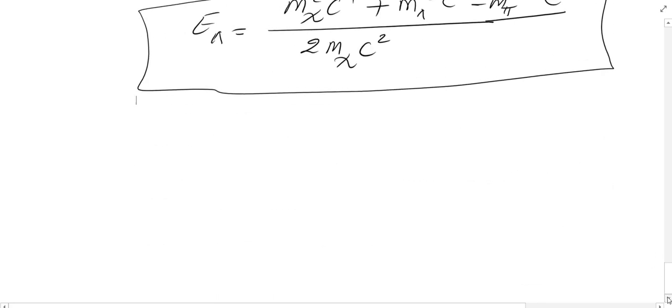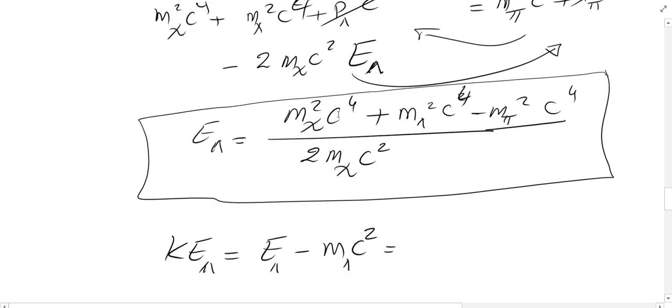For me to find the kinetic energy for the lambda particle, I have to subtract from this number the rest mass, which is m lambda c squared. So at this point I think we're ready to plug in numbers if you like, okay? So we have the m chi c to the power 4, and that is equal to